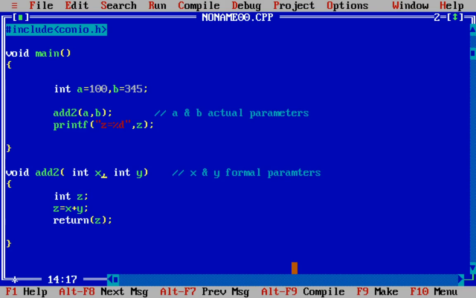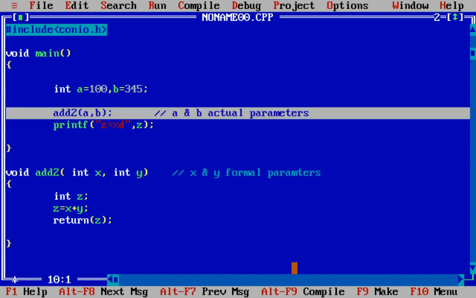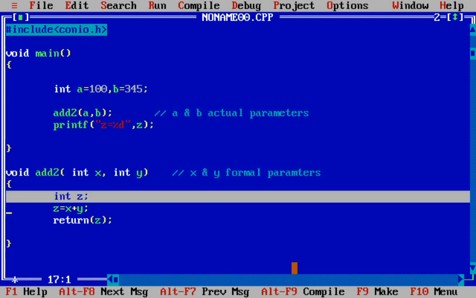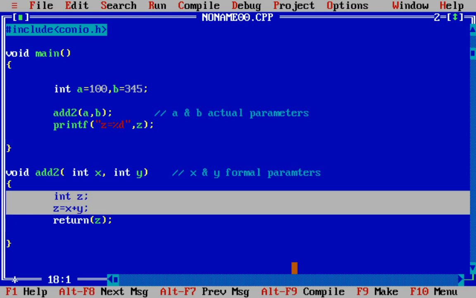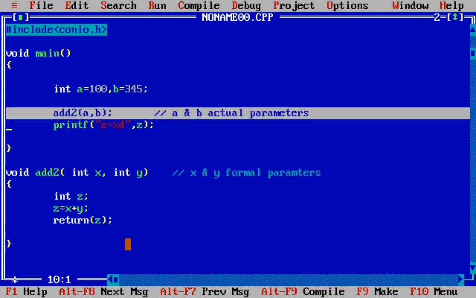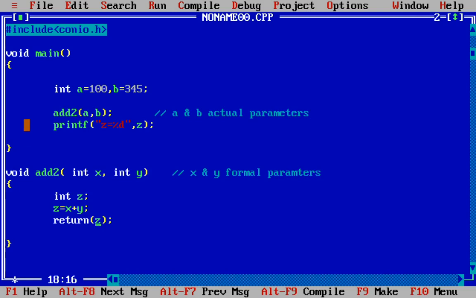Okay, see what will happen. Variables will be declared, function will be called, value of a and b will be passed, control will be transferred to this function block, value of a and b will be stored in x and y, variable z will be declared, x plus y will be performed, and instead of printing the value of z, return statement will return the control back to the calling function, that is this statement, and while returning, it will return the value of z. So this z value will be passed back to the statement where the function is called.